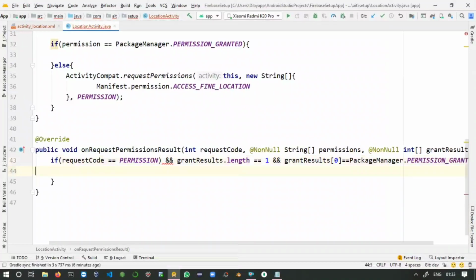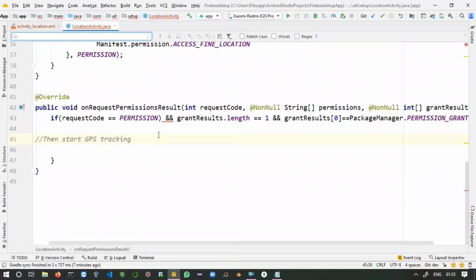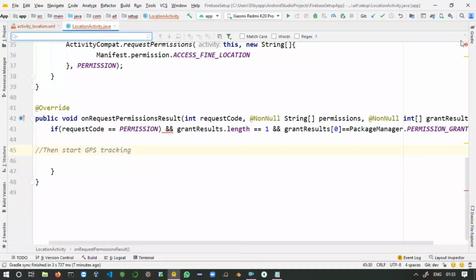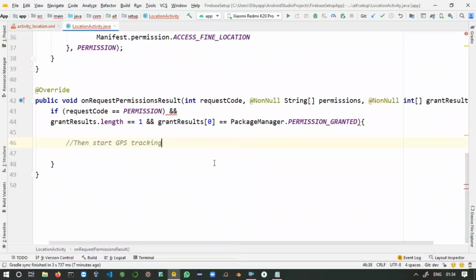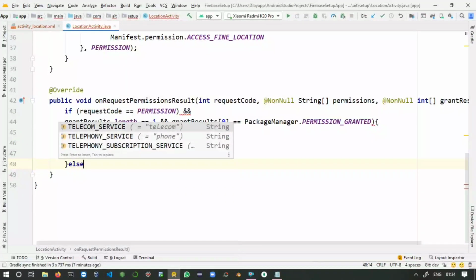If this condition is satisfied, then start the GPS tracking service. We will fill this if block later, after developing our startTracker method. Then write the else block here.